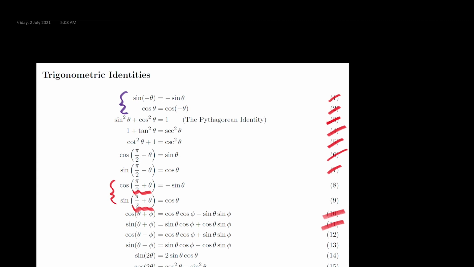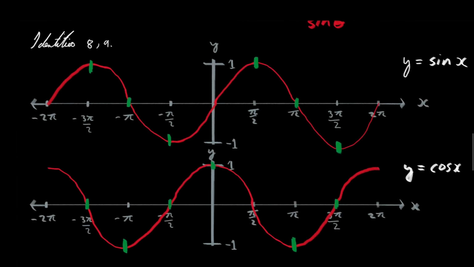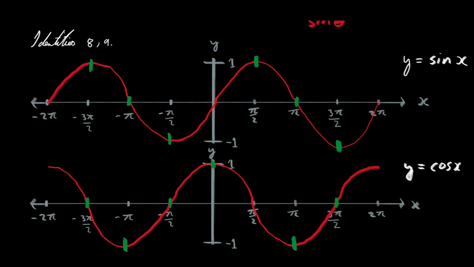If we took the cosine of theta, well, you know what the graph looks like. But if you took the cosine of pi over 2 plus theta, that corresponds to shifting every point on the graph pi over 2 to the right. And similarly for the sine of pi over 2 plus theta, and you can see with these graphs what happens when you take one of the graphs and shift it pi over 2 to the right or to the left. You see that the graphs will line up, and I've tried to emphasize that with the green